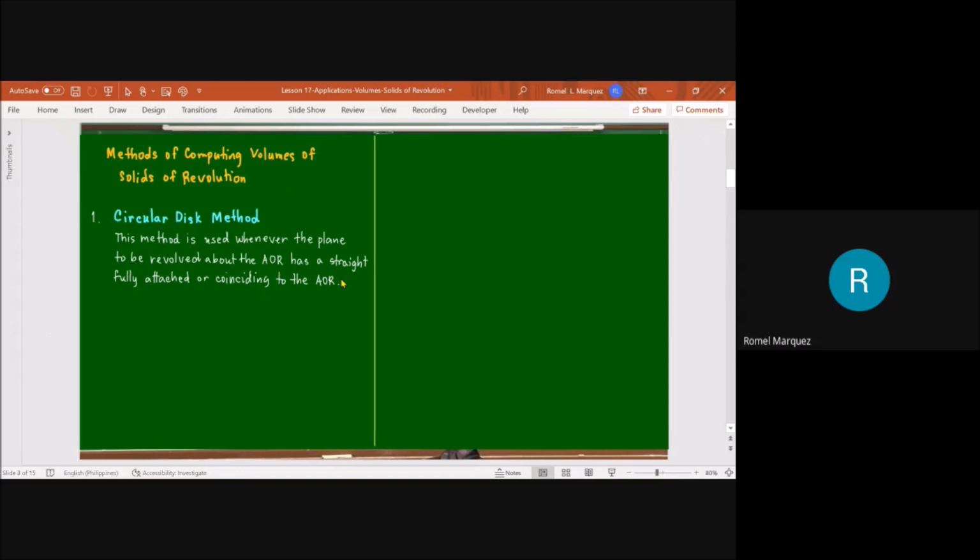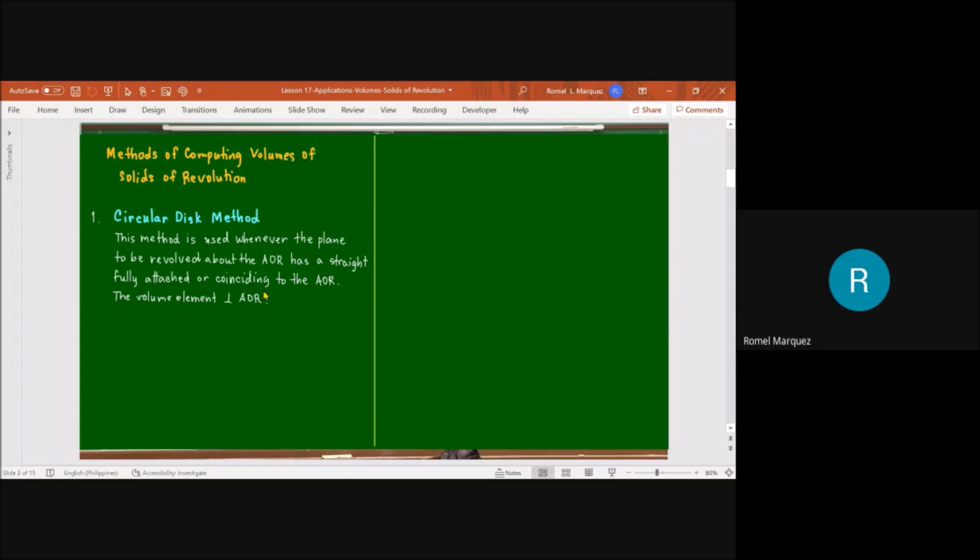Okay, guys? And the volume element that you will be able to form, so instead of area element, we will be talking about volume element. And when the area element is revolved, you will be able to form what we call a circular disk here. The volume element, meaning the circular disk, for this case,